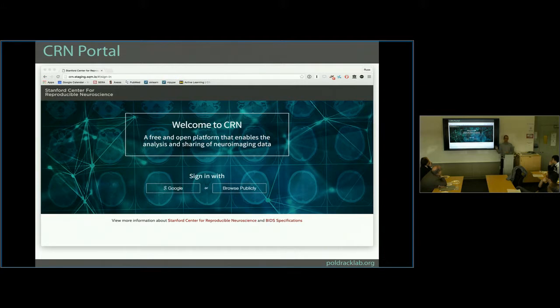The grand vision of the portal is somebody comes in, they have a data set they want to analyze, they upload the data set, they decide which processing pipelines they want to apply, they do that, they get their results, and then at some point down the road their data gets shared. Obviously that's pie in the sky right now, but I want to give you a little tour of what we're working on. We'll be releasing, hopefully in April, our first public beta of the platform. We have a private beta right now that does a little bit that I'll show you.